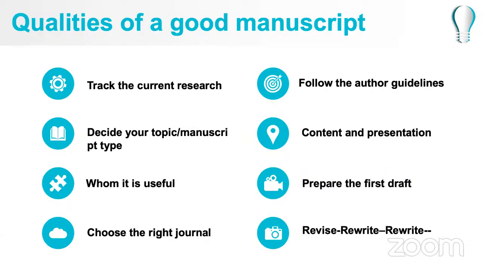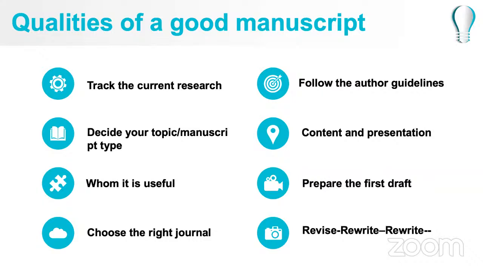Suppose you are writing for one magazine which is mostly read by the students, then your language has to be very simple. But if you are writing an article for a highly competitive journal, your language will be too technical. Too many technical jargons will be used, so that it may get accepted, because this is again mandatory for the journals, that language correction as well as the way you write your article also plays a very important part in the initial screening of your article.